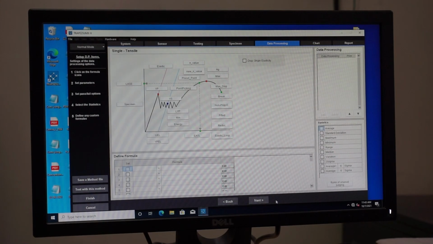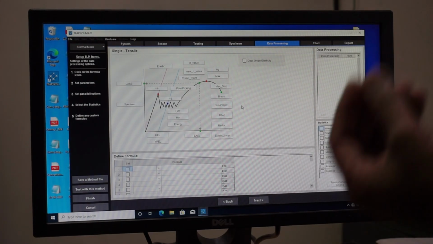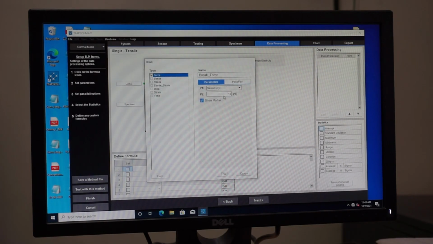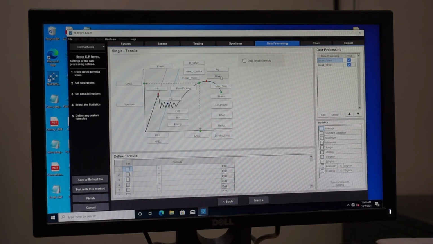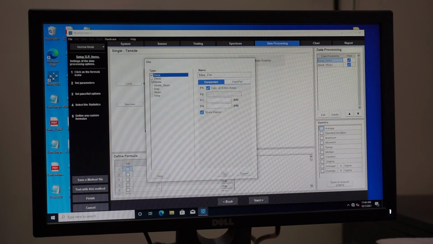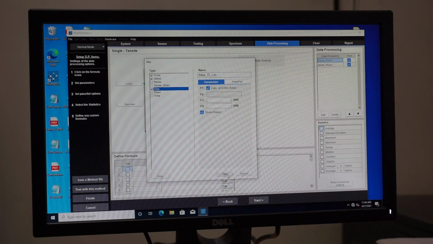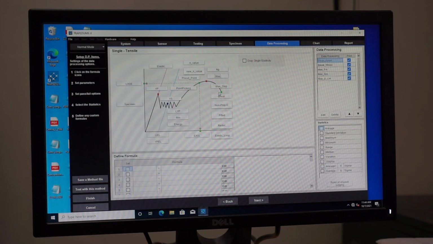Which data will we require? What we require is yield stress, ultimate stress, percentage elongation. Starting from the end, breaking force and breaking stress are our main concern. Maximum load, maximum stress and maximum displacement of the specimen should be our main concern, because at this maximum force, with the help of the initial cross-section area, we can find out the maximum stress also.